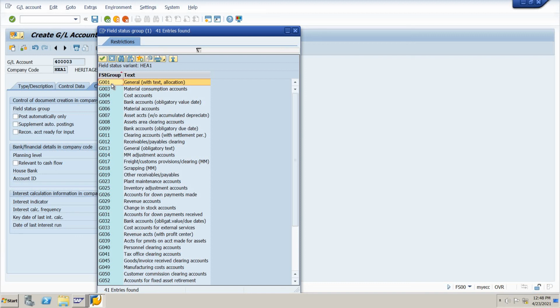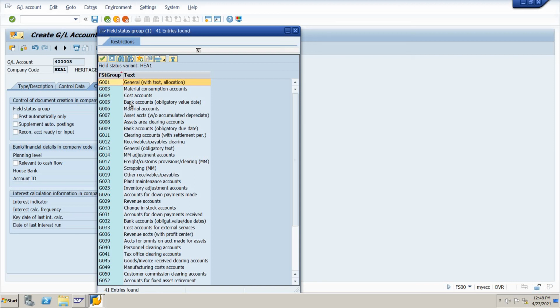In miscellaneous expenses, we need only text, which is the narration, allocation, the business area, like that. So G001 is perfect for the miscellaneous expenses. If it is a bank account, if it is the ICICI bank or the SBI bank, we have to choose the G005 bank accounts.